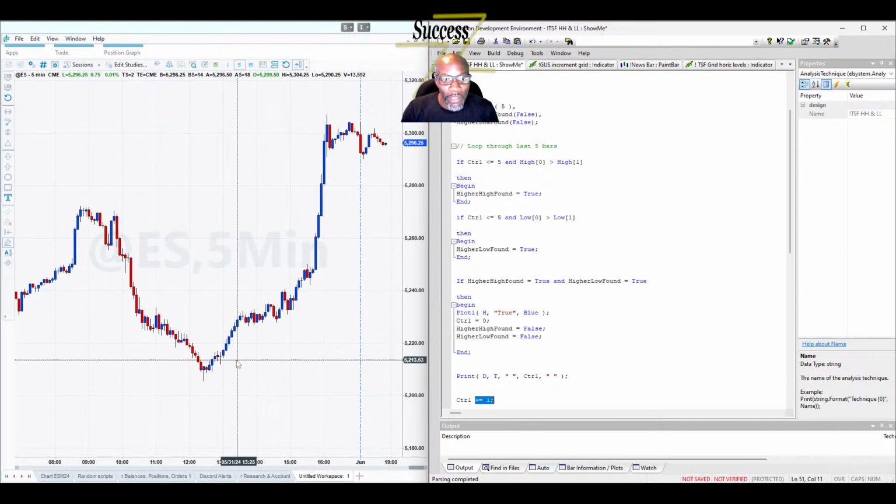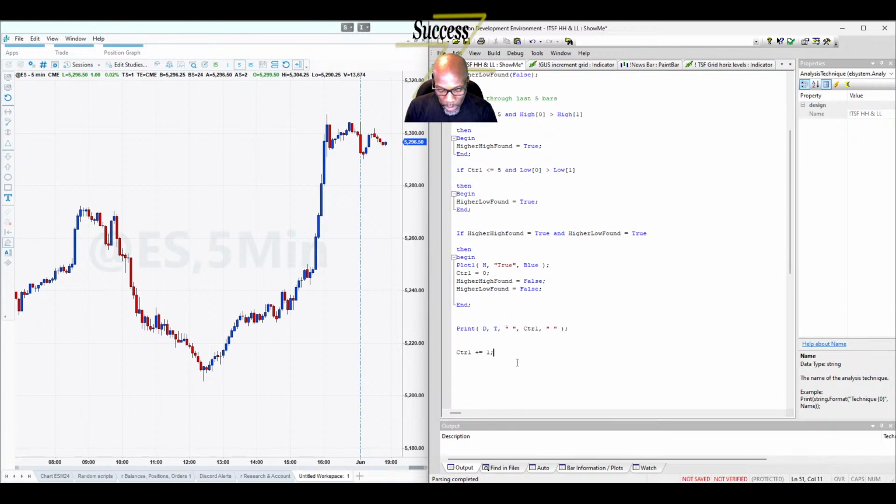So if we do find one of these to be true, what we're going to do is restart the counter so that this one also isn't true, and this one, and this one, and this one. Once we get one to be true, then we'll restart the counter. So we have to at least reach 1, 2, 3, 4, 5 bars. We have to at least find another set of 5 before we start finding another true instance. Yeah, so I'm just going to mute all this, comment all this out,